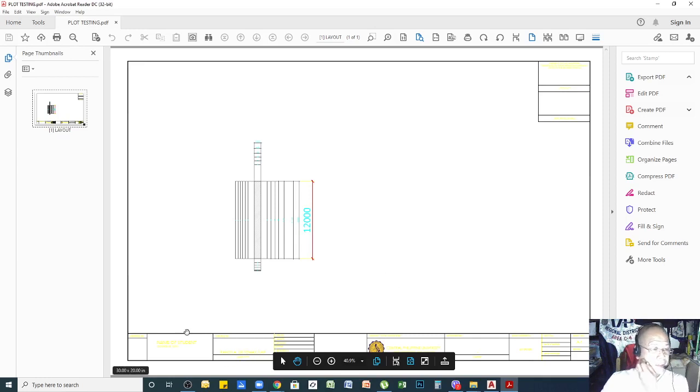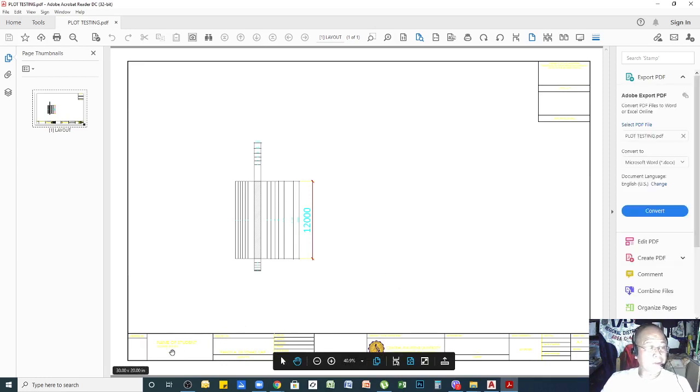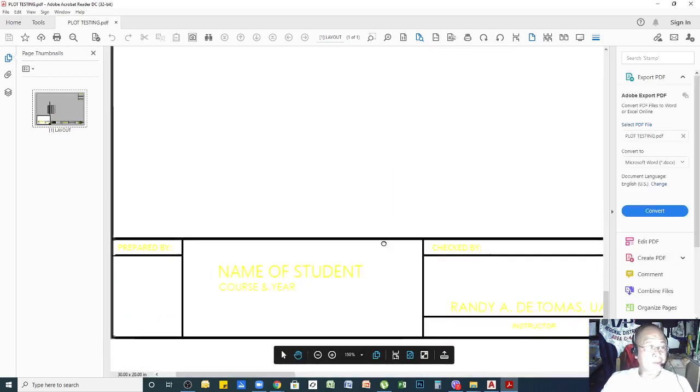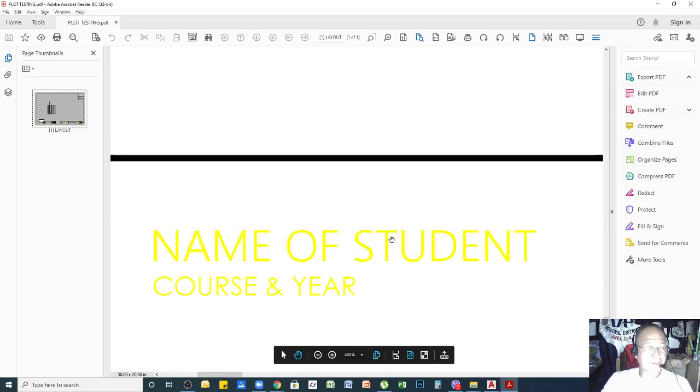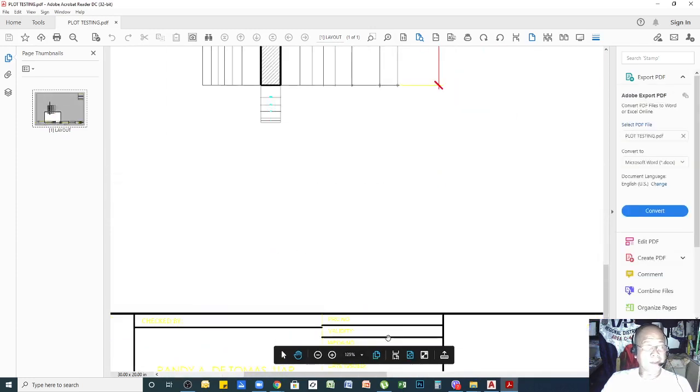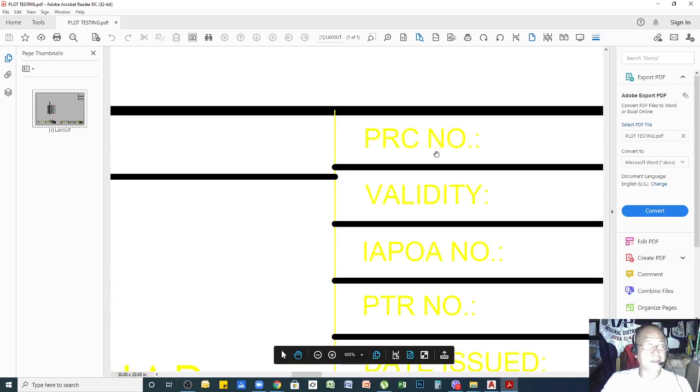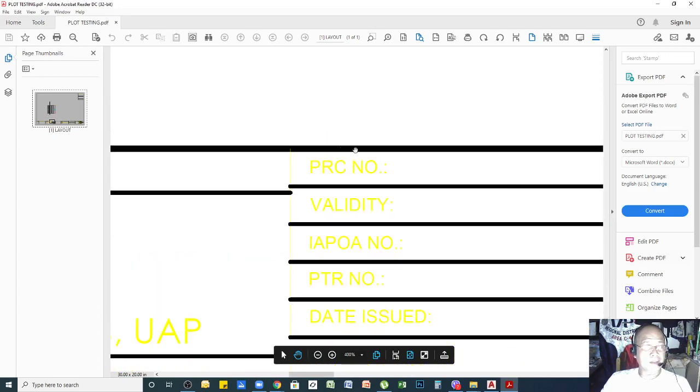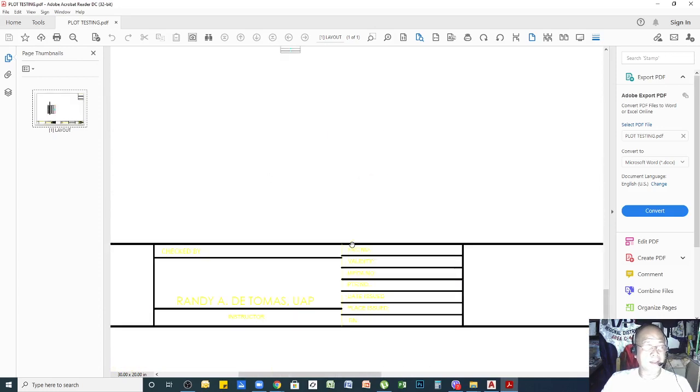Since I use the default color or the true color, you see, because I use yellow for this, the printout is also yellow, and you can see already the variation of lines. There are thicker lines and thinner lines.